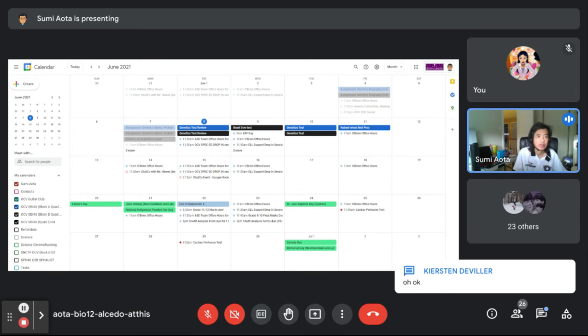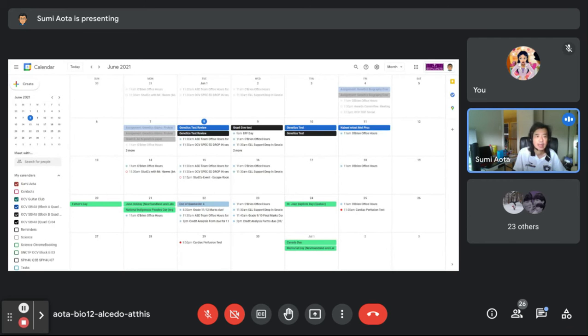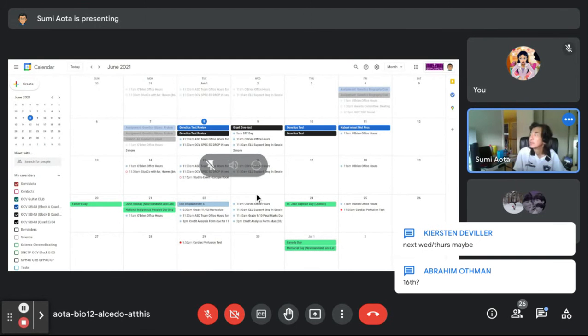And today we're going to do the genetics test review. That's what we're doing today. So when do you want this to be due? Looking at that calendar. Because I haven't assigned the thing yet.